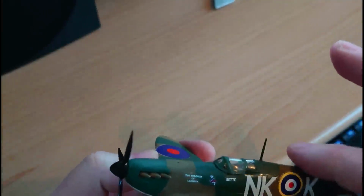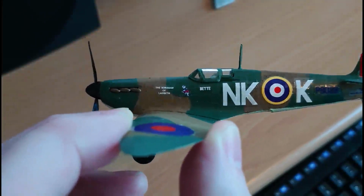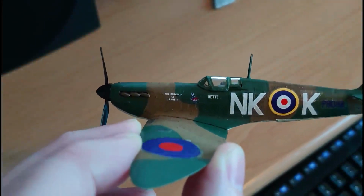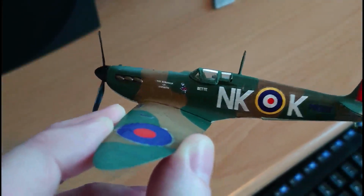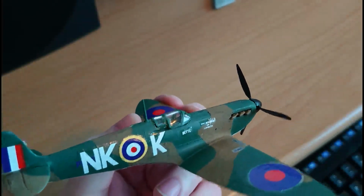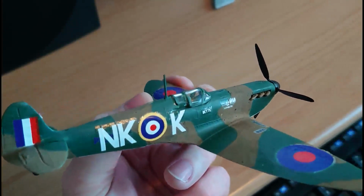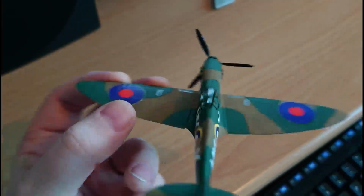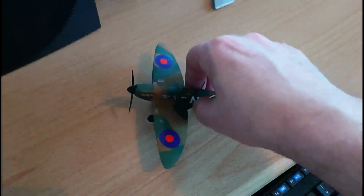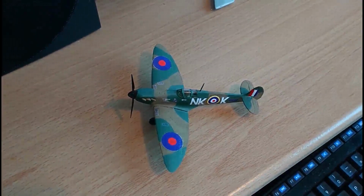One of the things I found about this particular canopy is it actually had a Mark 1 canopy on the Spitfire kit, so this kit would actually be better to build as a Mark 1 rather than a Mark 2A or a Mark 1A, because it has no bulbous Thompson canopy hood, which is interesting. But it is an interesting kit to build. I did have quite a lot of fun putting this thing together, and yeah, would I recommend it? No, there are definitely better Spitfire Mark 1s and Mark 2s out there on the market in 72nd scale, but